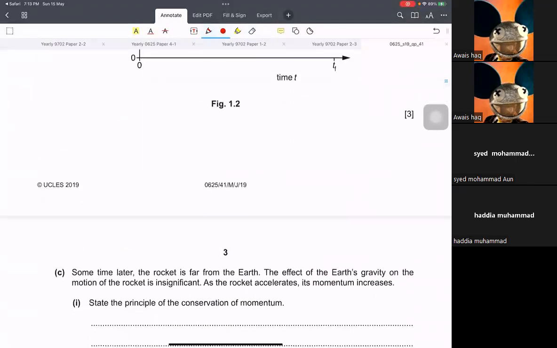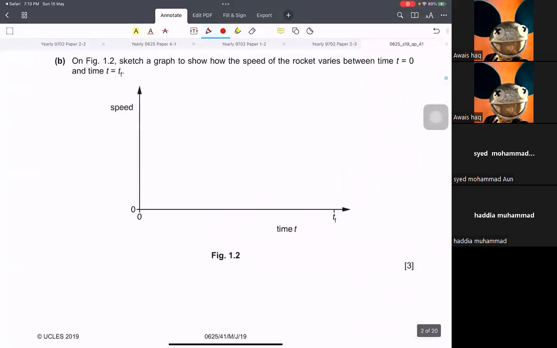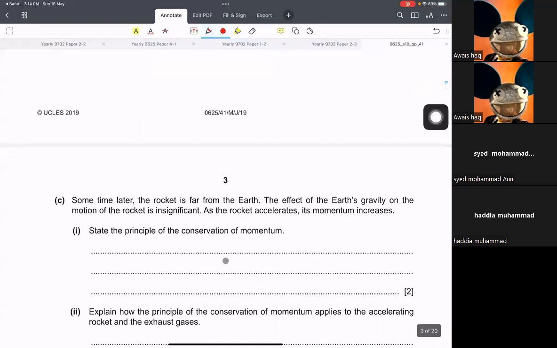Wait a second. Till the middle of tf. Increasing, then a straight line till tf. Okay. Then